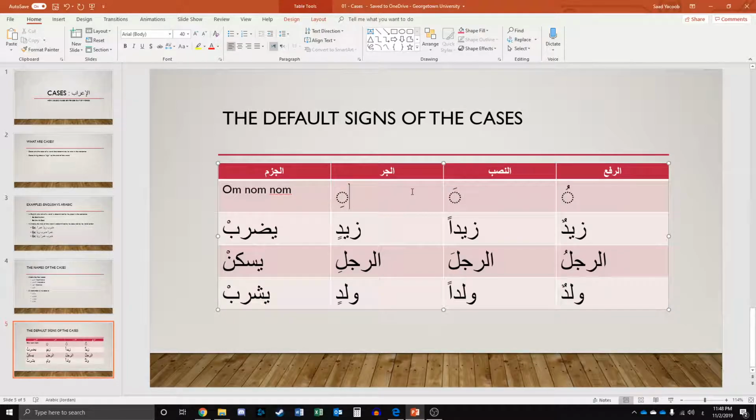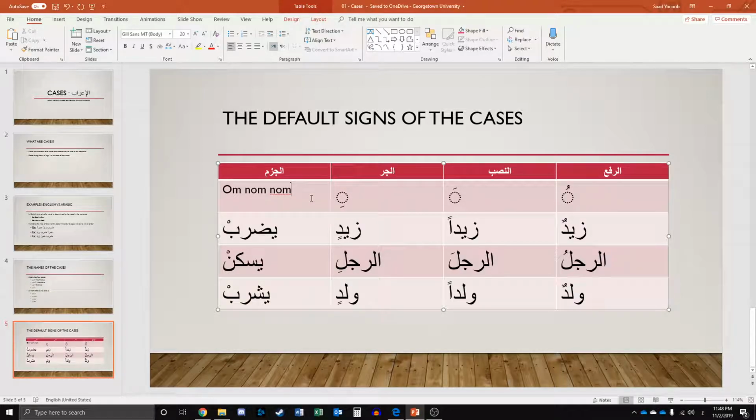Jar, the default sign is the kasra. So Zaydin, ar-rajuli, waladin. And the jazm case,